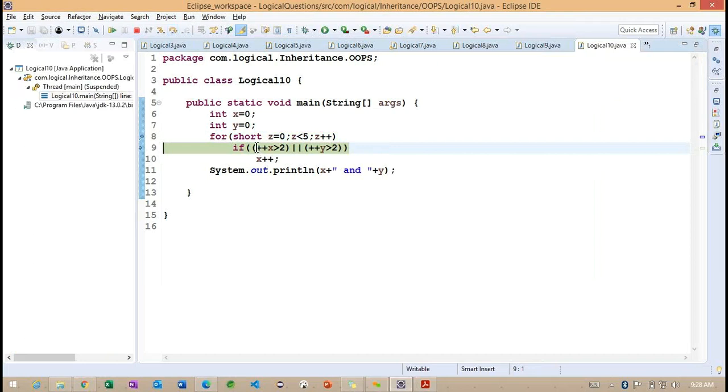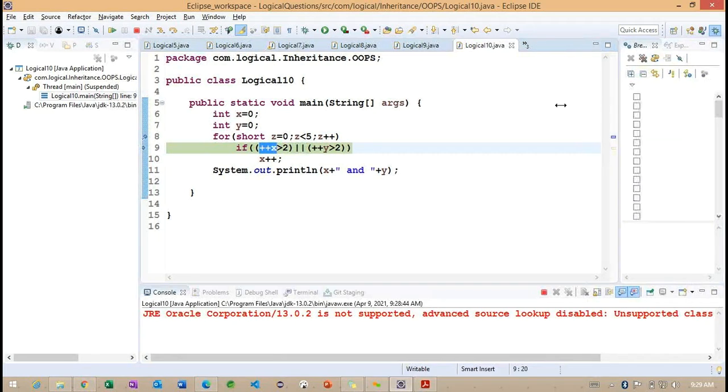So now we can check here, ++x. The ++x is going to increment and the x value will become 1, and in the same way the condition we are checking here. So what is the condition we are checking? x greater than 2. So this condition will not be satisfied here.